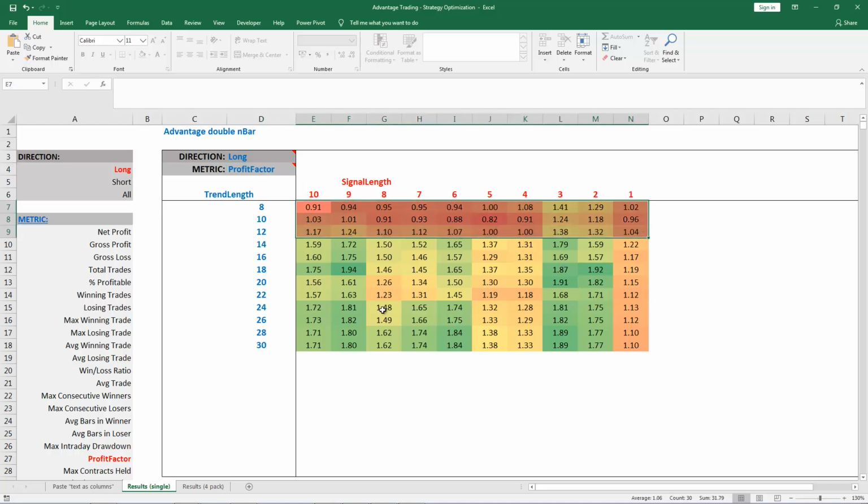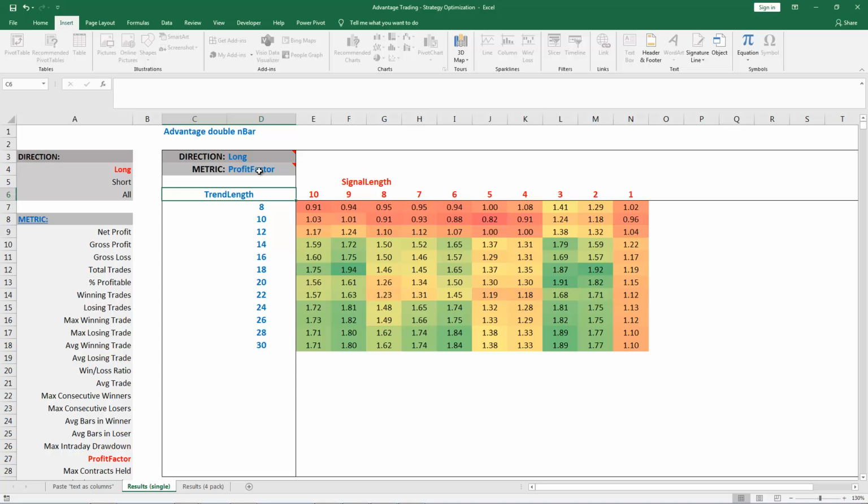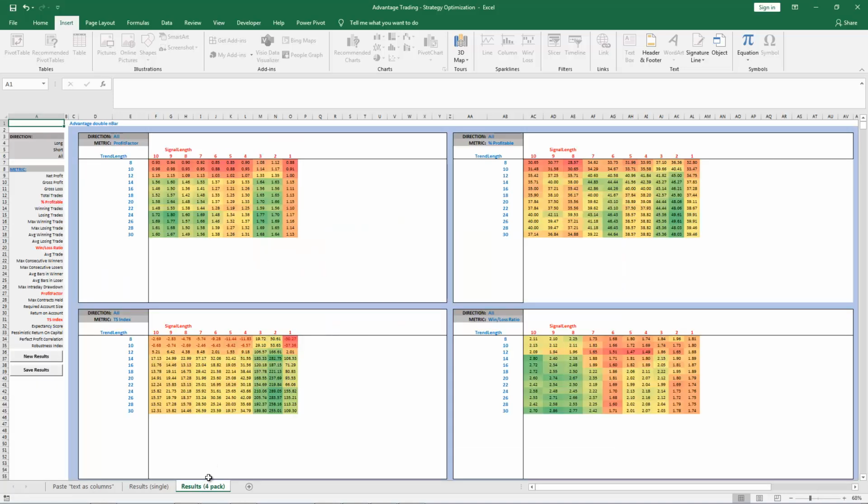Profit factor. Okay, so same thing. There's something that we don't like at the lowest levels of trend length, and we have interesting areas right here and also somewhere in here. All right, so right now we're using this conditional formatting to show us the colors. The red ones are low values, the green ones are high ones. All right, so now we can move to the next tab